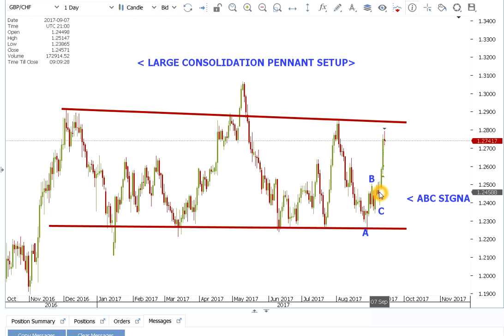Now, ABC signals are very common across the currency market. They are especially common when it comes to market reversals and trend reversals, and as such, they're very common when it comes to the movement within consolidation. So the ABC signal was formed as part of this movement here,